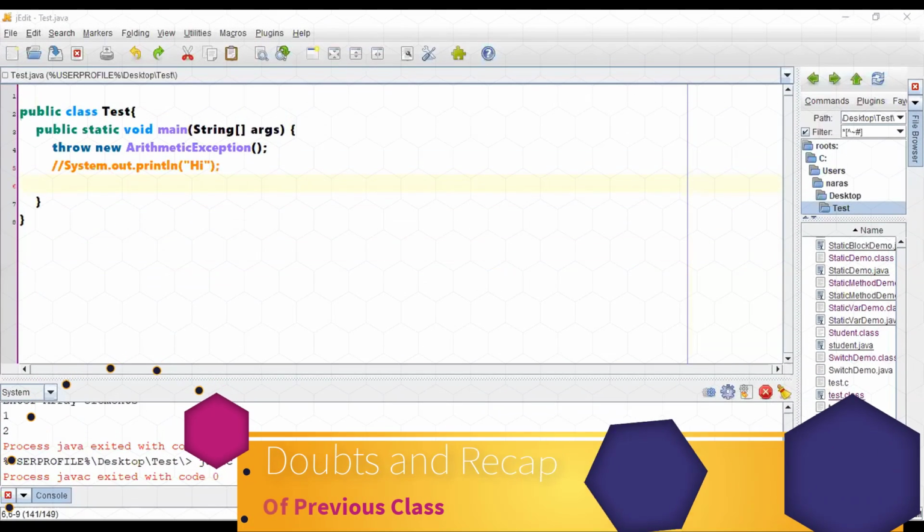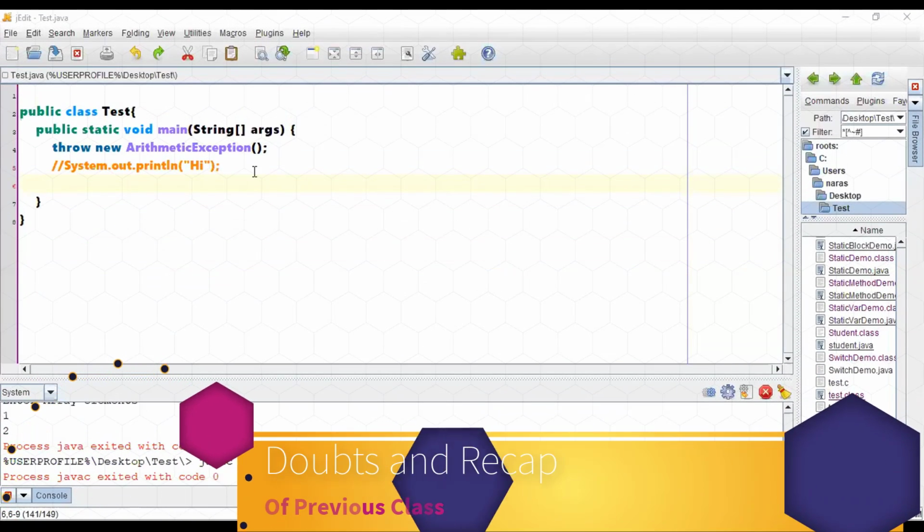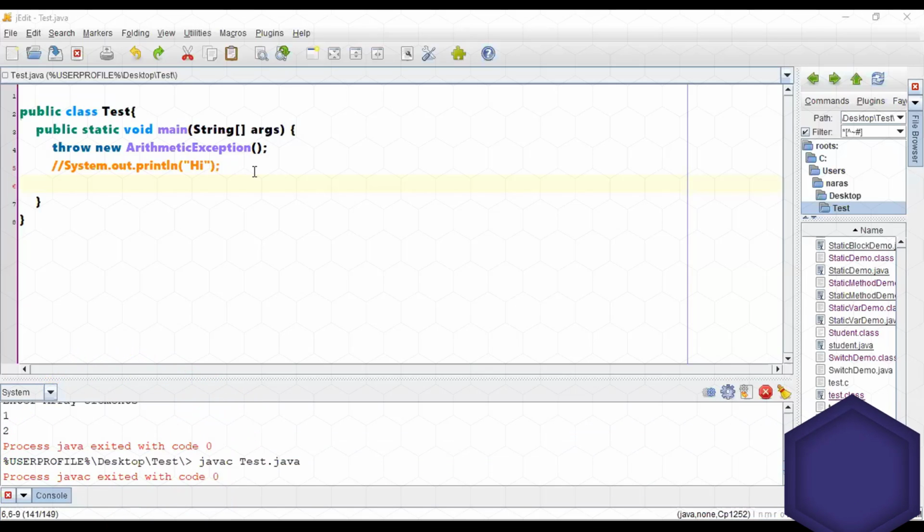You will be using a throw keyword when you want to explicitly call some exception, right? In the last class, I clearly told you it is not generally used for system defined exceptions to be called. System defined exceptions, the system will call if there is an error. 99.9% of the time you will be using a throw keyword with respect to customized exceptions. That means according to your requirement, if you want to call any user defined exception, then you will be using a throw keyword. Just for the sake of understanding, I'm using a throw keyword with respect to system